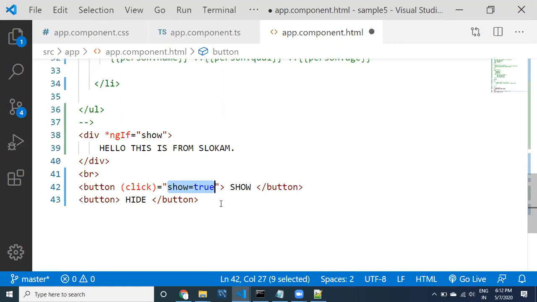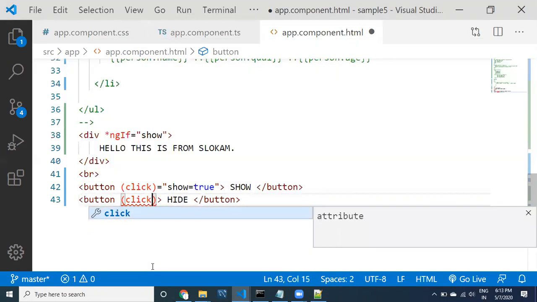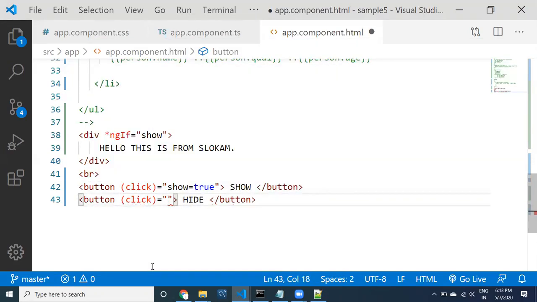First, I'm going to show you like this, and then I'm going to write a method also. This is a property, and in the property I'm saying true. The same way, when clicking on hide, click equal to show equal to false.